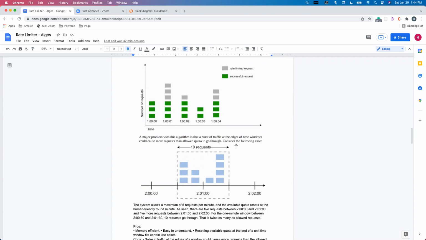But with the queue, we only allow one request to be processed at a time. So if we use a token bucket, and after the token bucket we have another queue,